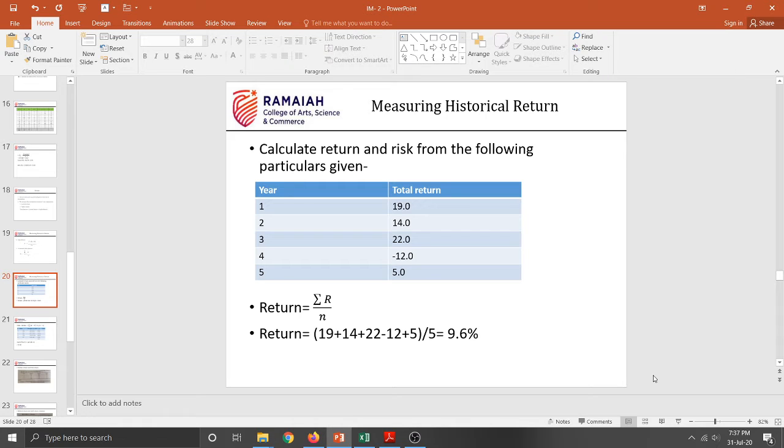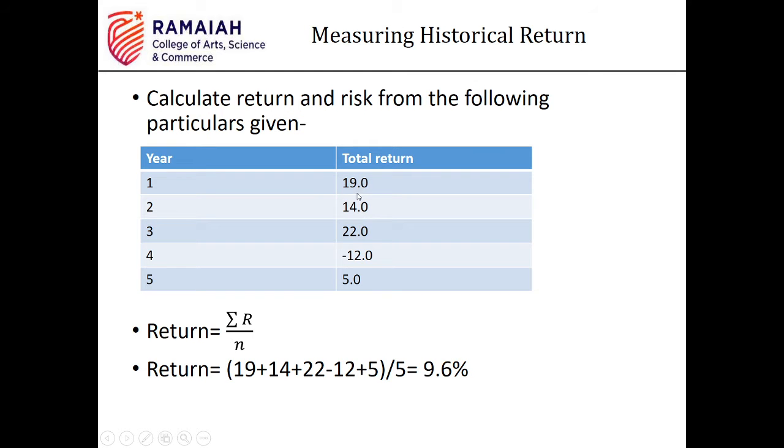So the first type is that they might ask you risk and return. As we all know, risk is nothing but standard deviation of the returns earned over a period. For example, in this problem, what you're seeing on my screen, this total return is 19 for the first year, 14 for second year, 22 for third year, and so on. So there is some volatility in return, correct? The returns are not same. So when returns are not same, it becomes difficult for an investor to expect the returns, correct?